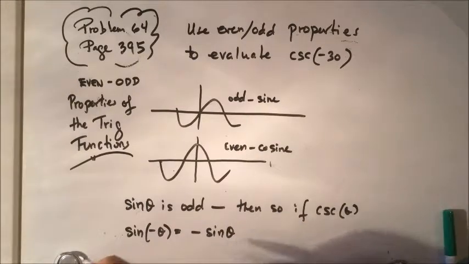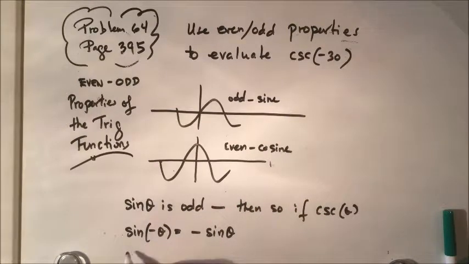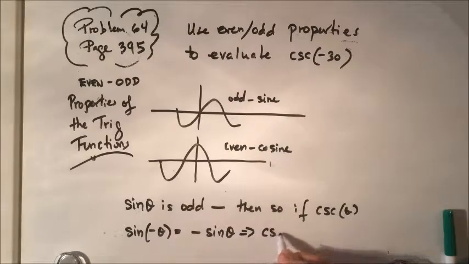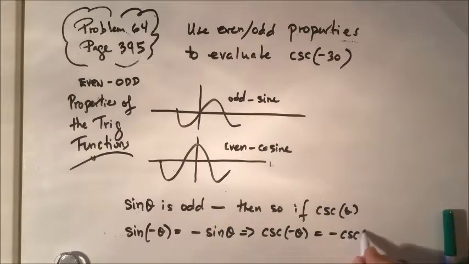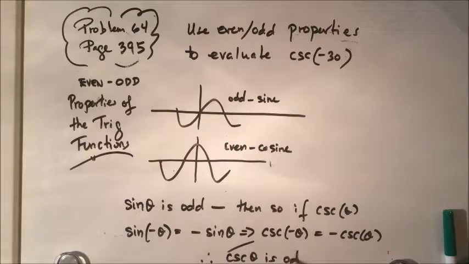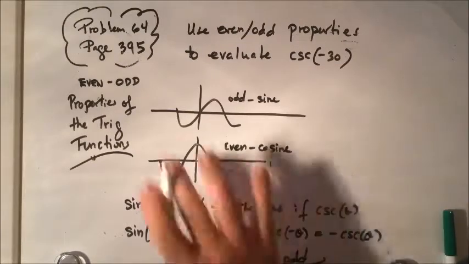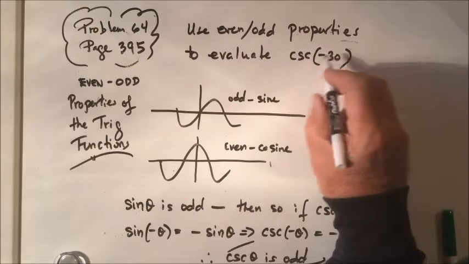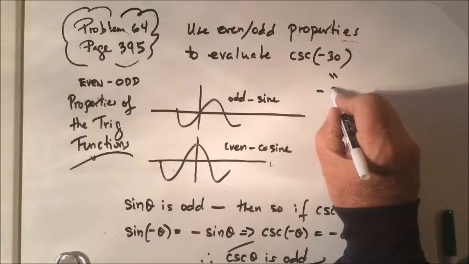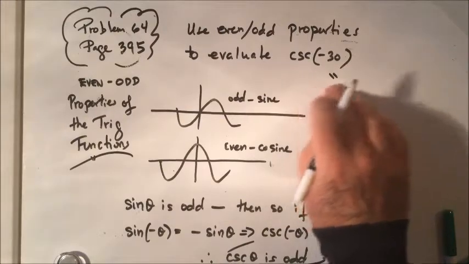And so if I divide both sides through by sine of theta and sine of minus theta, I'll get cosecant of minus theta is equal to minus cosecant of theta, and therefore cosecant of theta is also odd. Given that, that means that the cosecant of minus 30 is minus the cosecant of 30,